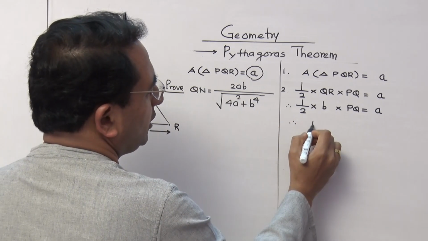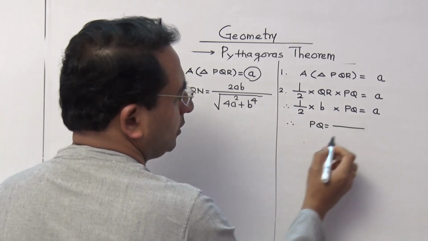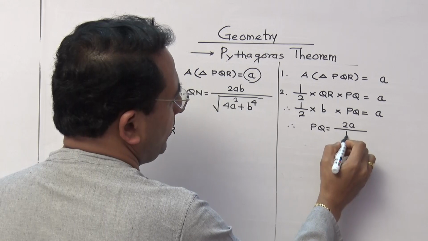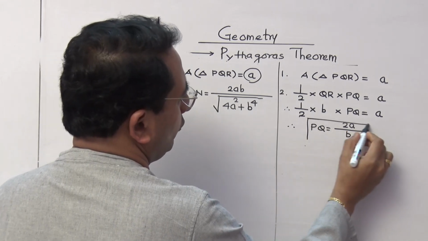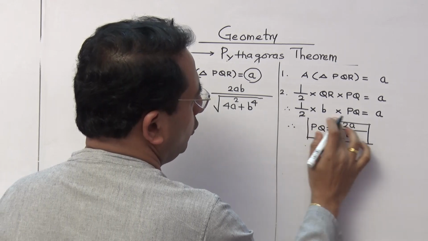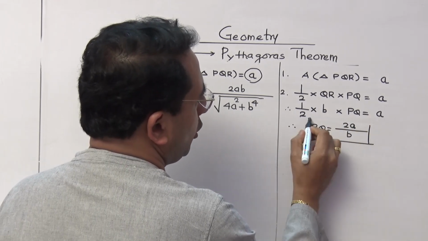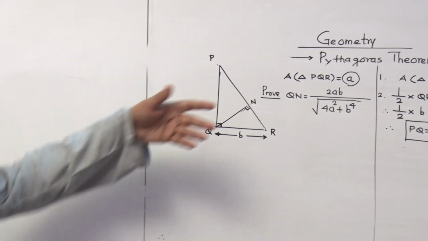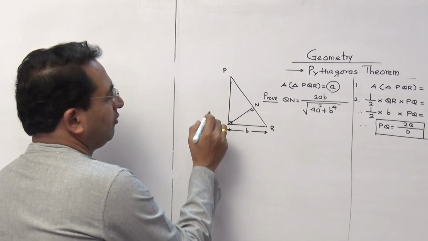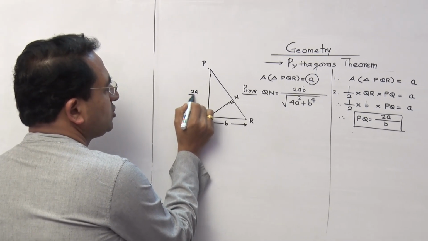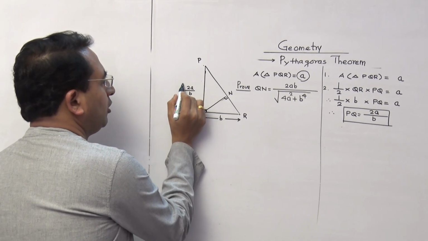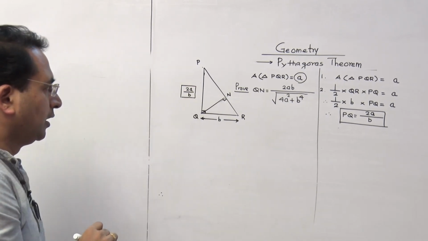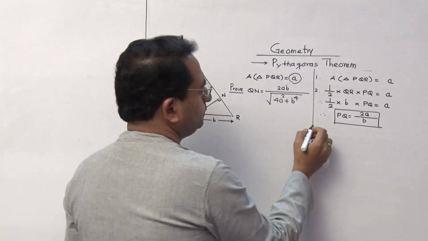So therefore, the value of PQ is going to be, now this 2 is transferred here, that becomes 2a, and b will be transferred here in the denominator. So we are getting the value of PQ now as 2a upon b. See, at least this much part you can do, even if you are not going for the end result. We have got the value of PQ, I am writing it here: PQ is 2a upon b. I will keep it in a box because this is what we have calculated, and then you write it in the diagram. Now let us go for the hypotenuse.